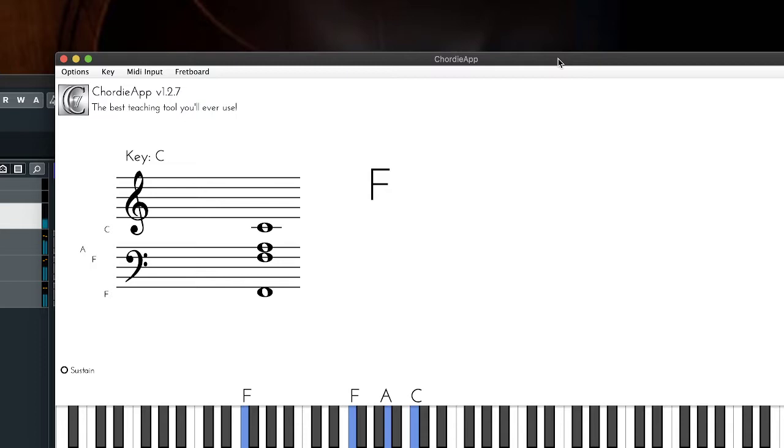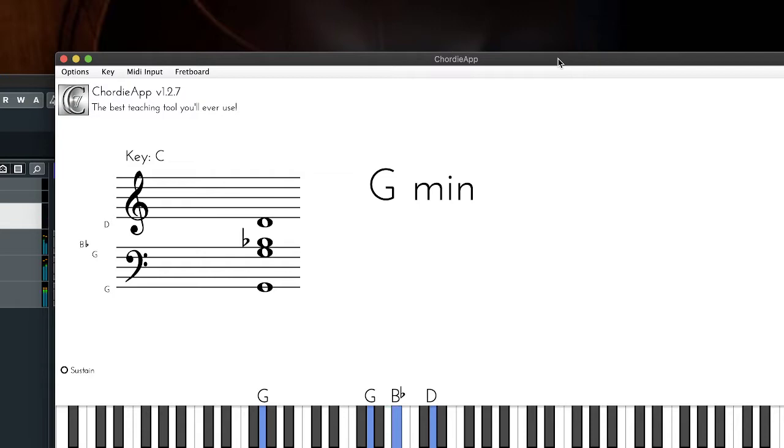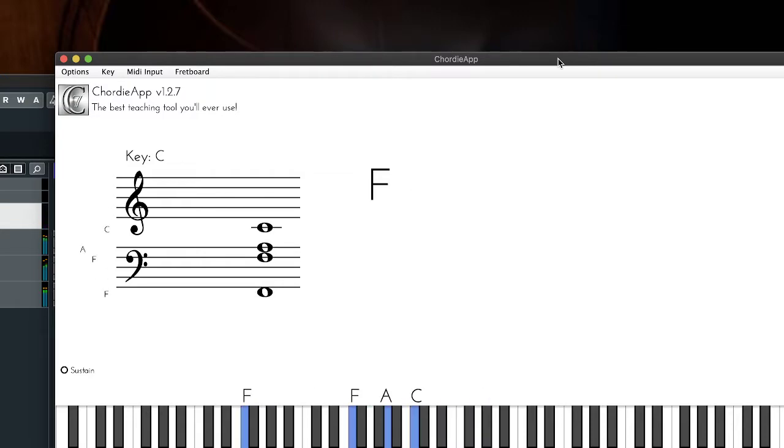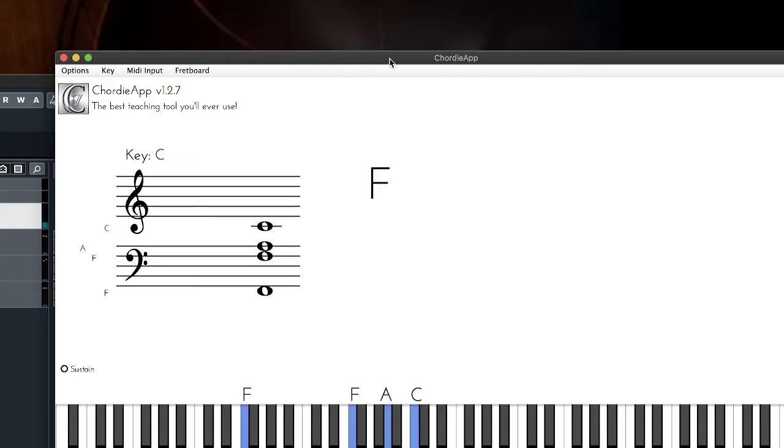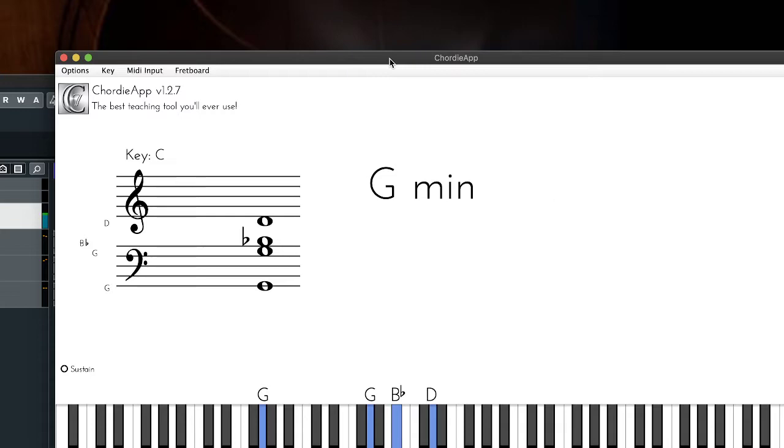So now I'm just simple F, E. So now I played all of those in root position, as you could see. We have the F, we have the E, A minor, then G minor, then C